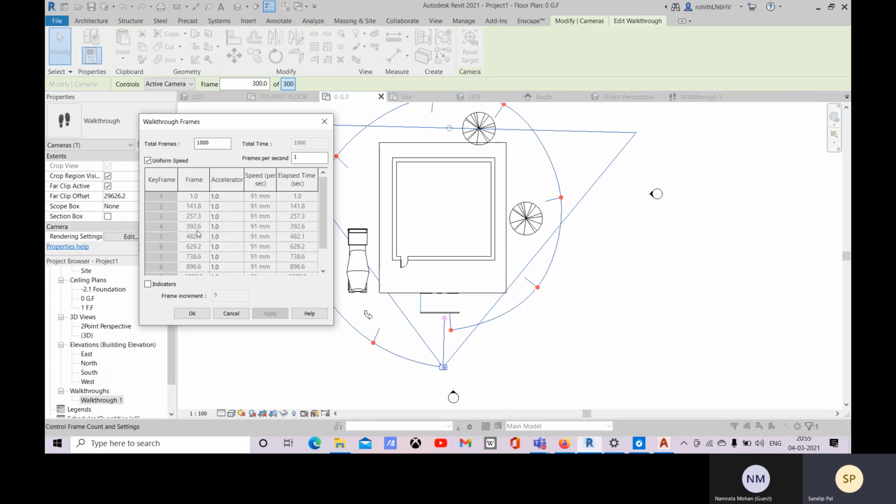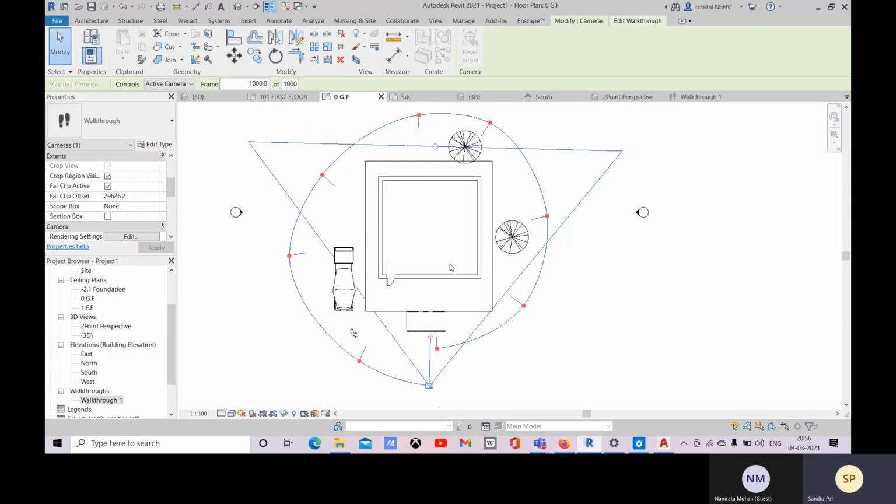This is uniform speed. If you want to change the speed at any point, say decrease it, uncheck this uniform speed, and here you can see this is frame one, and here you can accelerate. This is the general speed, and this accelerator will multiply with that general speed. Now you can change the positions.